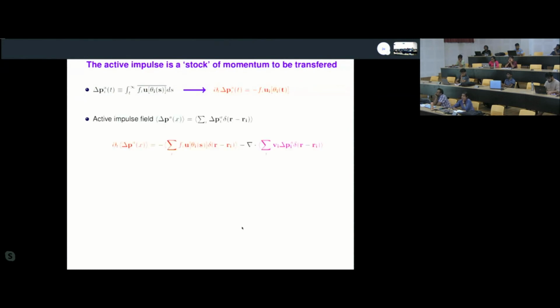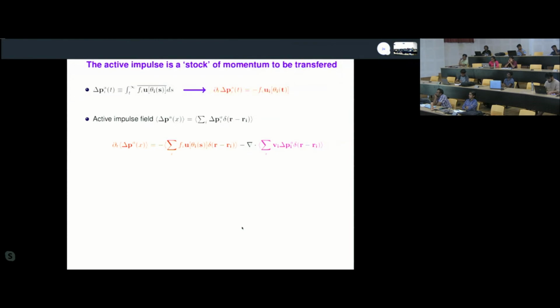Now I can define an active impulse field by summing over the particles the active impulse of the particles, and localizing it with a delta function. I can compute the dynamics of this field, and as before, I will have one term that comes from the evolution of the observable, and the divergence of a flux that comes from the delta function. So the dynamics of delta pi A is given in red on the top, and it tells me that